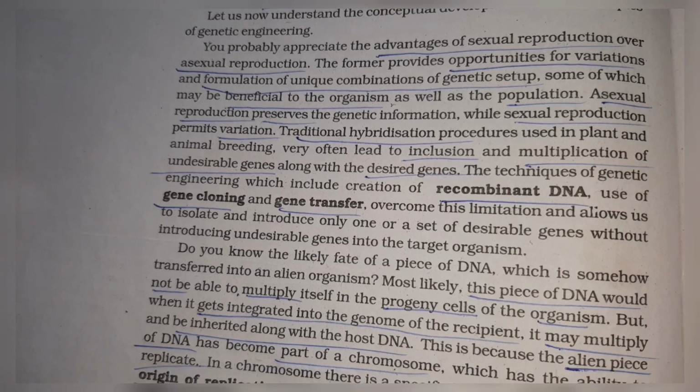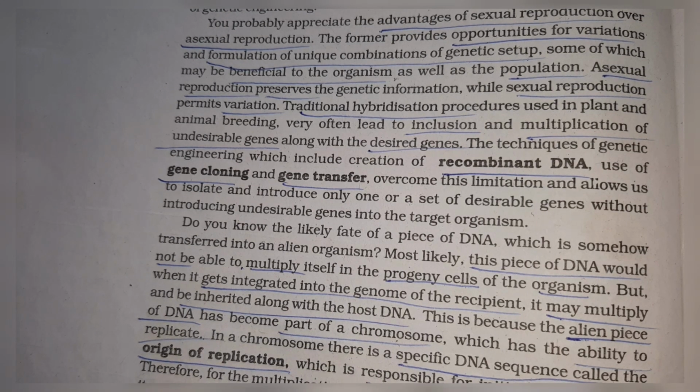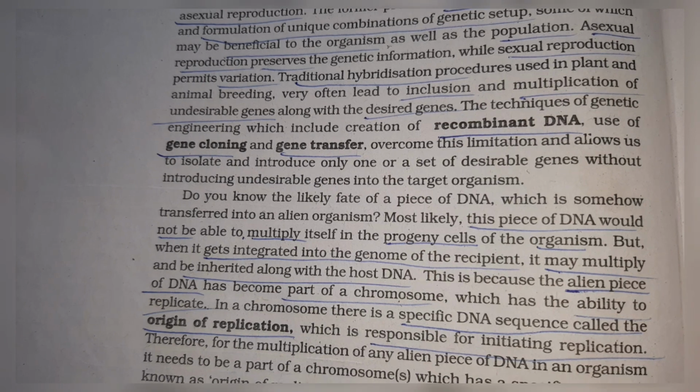undesirable genes along with the desirable genes. Sometimes what happens, we breed two plants or animals, and this leads to accumulation of undesirable genes along with desirable genes. So we cannot specifically take the desired genes. The techniques of genetic engineering, which include creation of recombinant DNA, use of gene cloning and gene transfer, overcome this limitation and allow us to isolate and introduce only one or a set of desirable genes without introducing undesirable genes